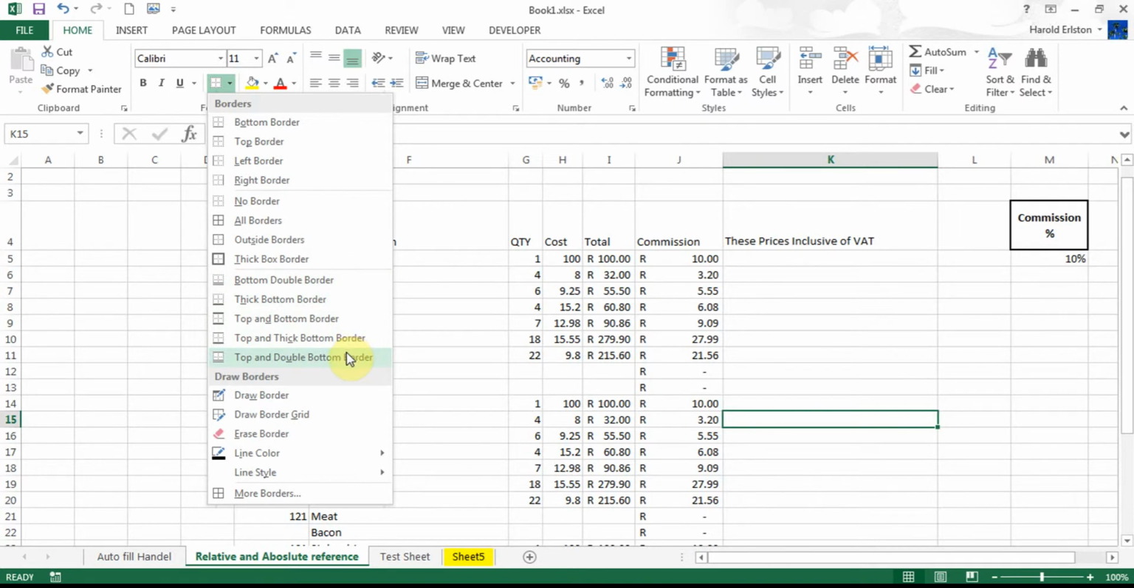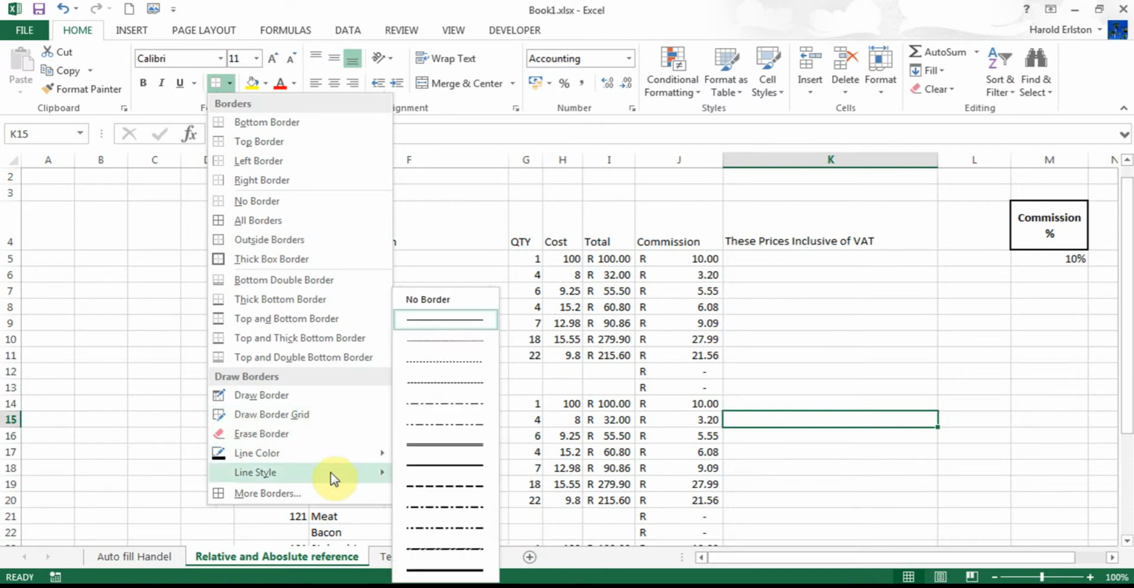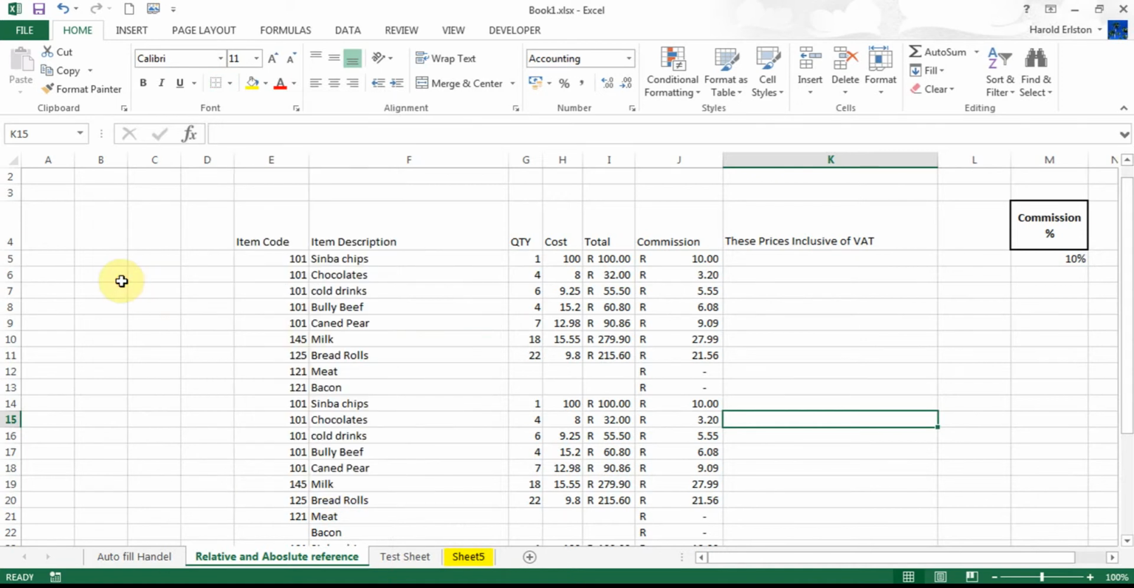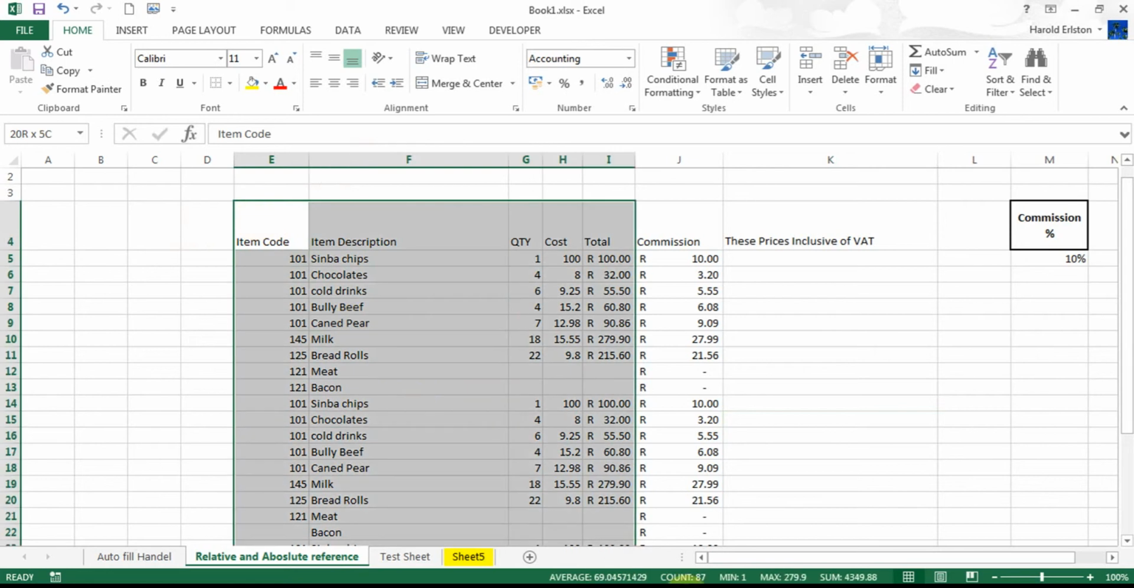And then we've got certain tools over here that we can use for drawing borders. First of all, we've got the draw border tool, which I'll show you in a minute. Then you've got your border grid tool, your erase tool, line color, line style, and at the bottom there, more borders. Right, so first thing that we're going to do here is select our table array,